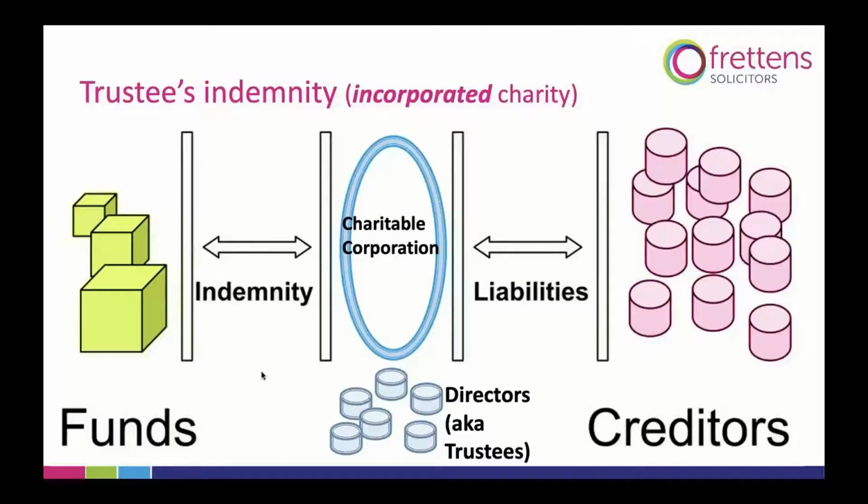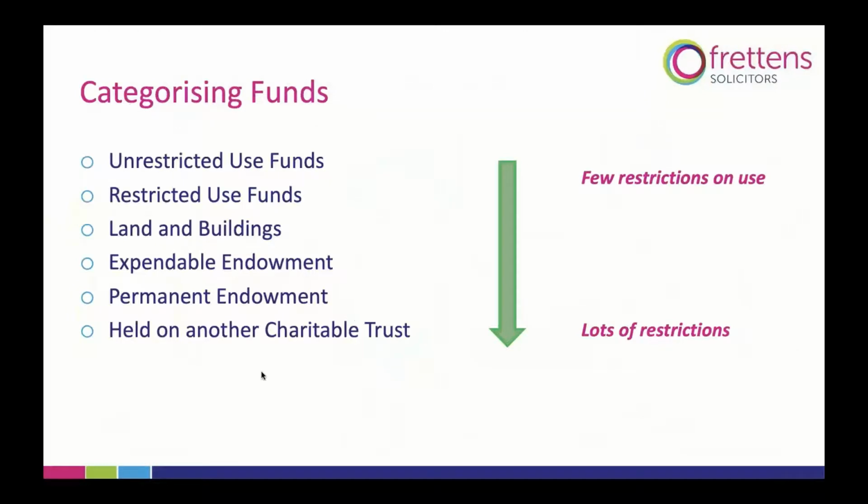They are regarded as the trustees of the charity. They don't have personal liability. They direct the corporation, they are its agents, but they should not normally be personally responsible for the debts, because they are contracting merely as agent for the charitable corporation, and the charitable corporation is the contracting party.